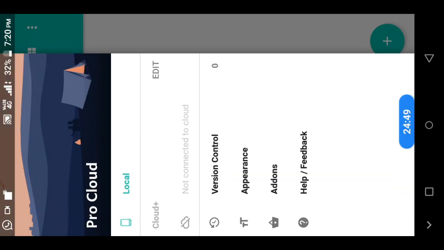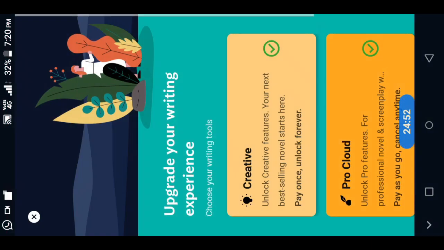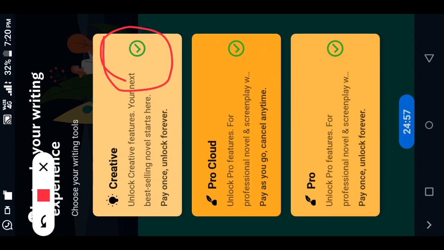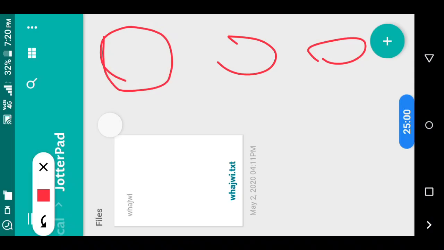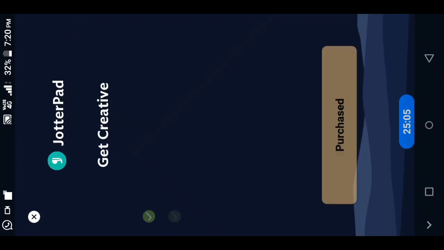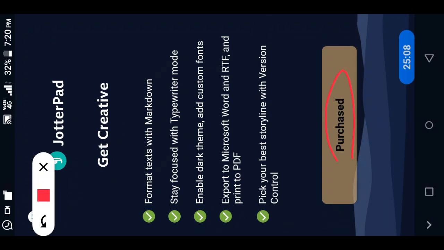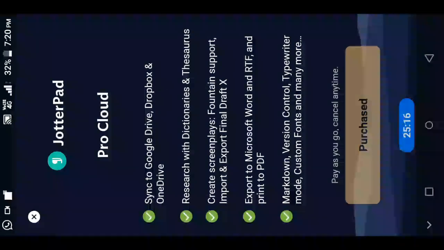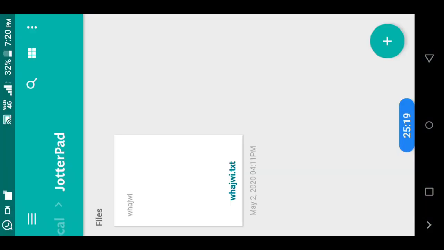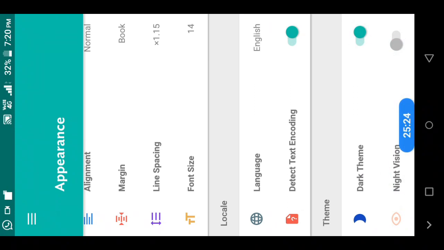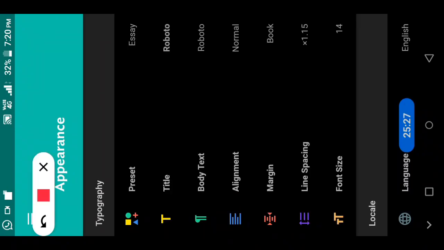So now the app is open, so we go to add-ons and see here we have success, because here you can see the right marks. So we have changed here purchase, you can see that, so it will show purchase, here also we can see that it will show purchase, but now we will see the features are working or not. So let's go to appearance and let's see the dark theme. So you can see here it is successfully working.